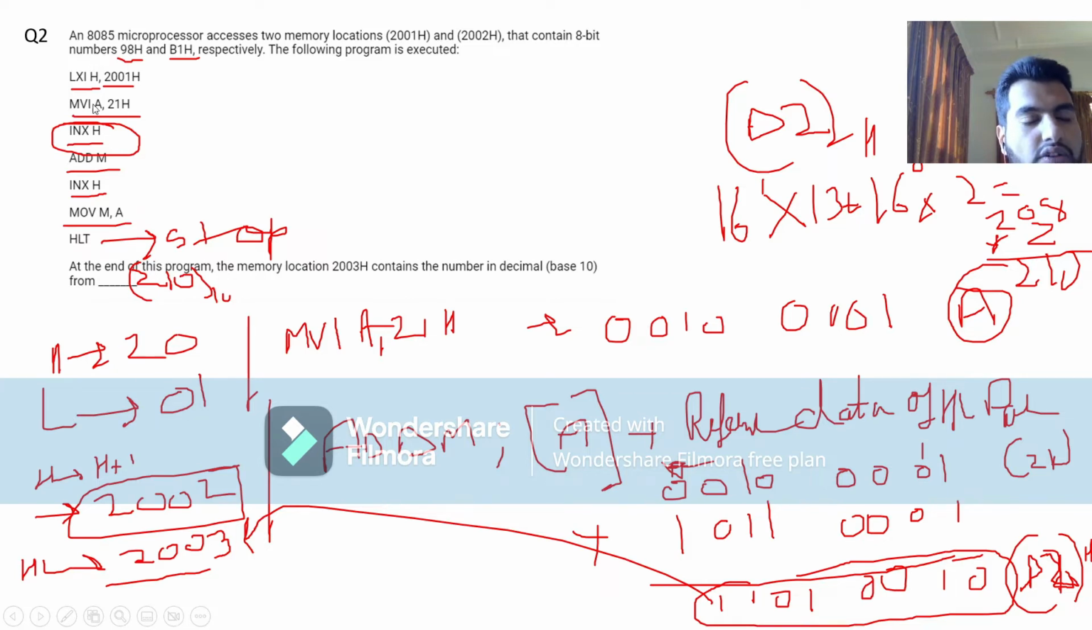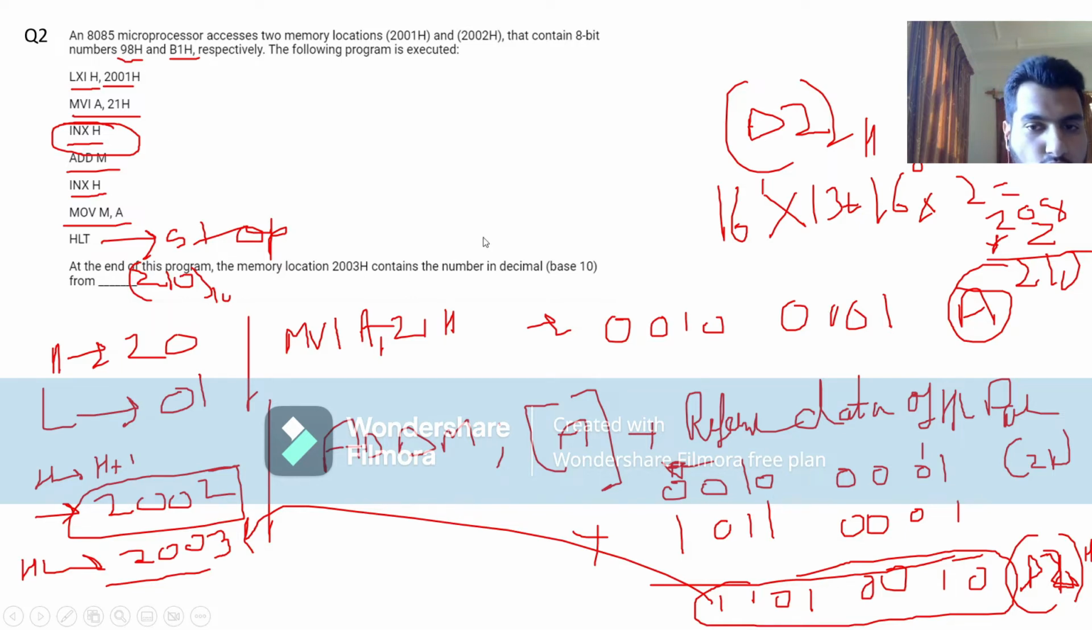Then we are moving the contents, 21, getting loaded into the accumulator. Then we are incrementing HL by 1, so HL becomes 2002. Then we have the operation ADD M. What ADD M does is the contents of the accumulator A get added to the contents of the memory location referenced by the HL pair. So accumulator contents are